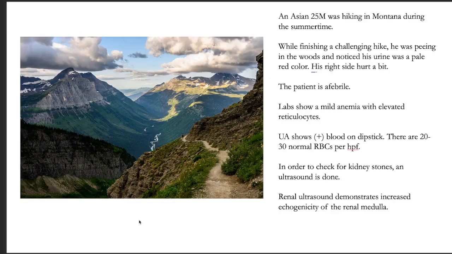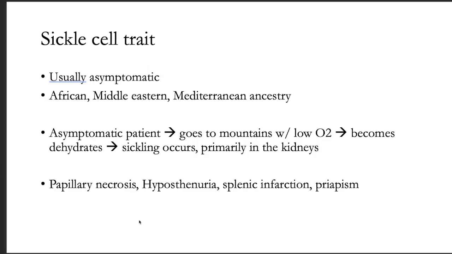Now you might be thinking, how does someone who was just in the woods minding his own business get renal papillary necrosis? Now I wasn't aware of this, but when you have someone with sickle cell trait, usually these people are asymptomatic. It's about 5% of the population. I want you to keep that in mind. So the way this works is you have someone, Middle Eastern ancestry, African ancestry,